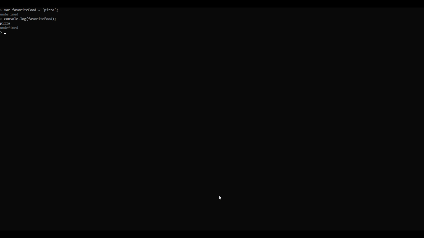Here's another way of writing variables. The let keyword signals that the variable can be reassigned a different value. Take a look at the example. Instead of var, you can use let instead. So you let space meal equals grilled cheese